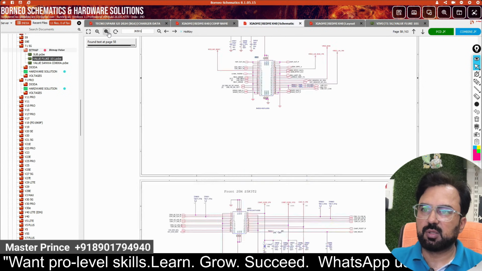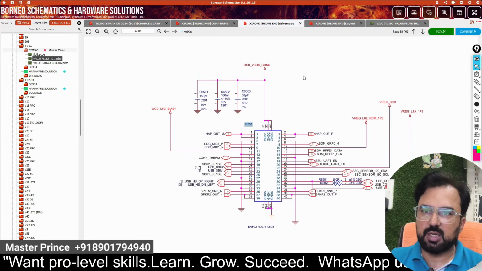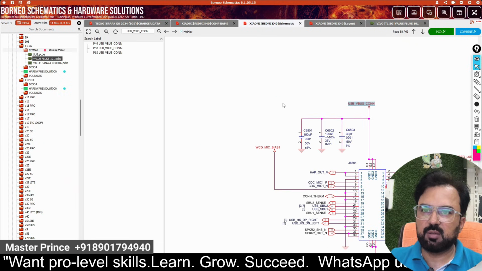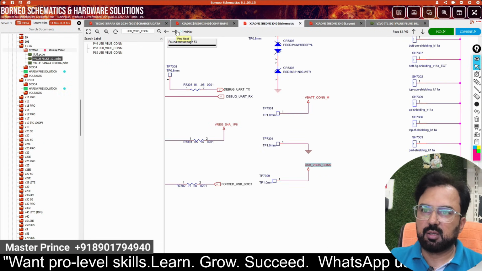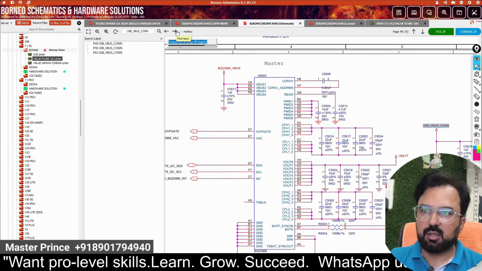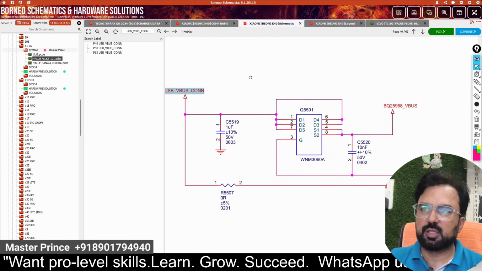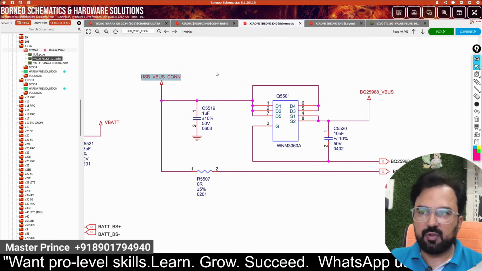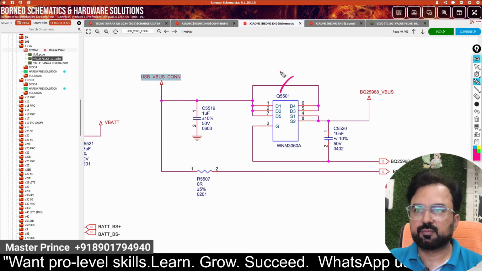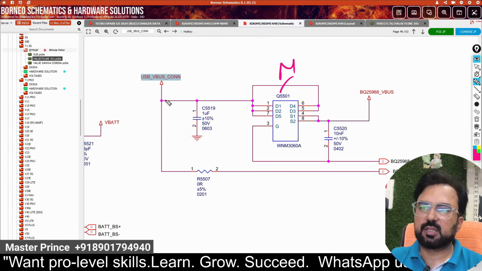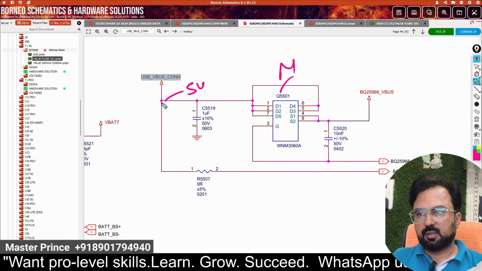Next, zoom. So this is a charging connector. Now copy VUSB. Next, there is a TP, a test point, somewhere here. Now this line, the V bus, is connected with this IC. There is a MOSFET. You will see drain, source, gate. Now let's say 5 volt enters here, because charging starts with 5 volt. Now in this line, there is a line connected from the V bus through a 0 ohm resistance, and this line is called